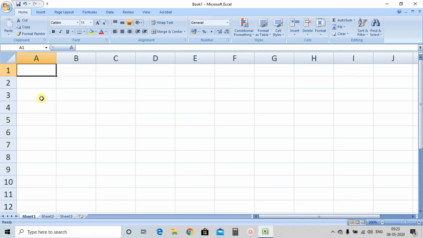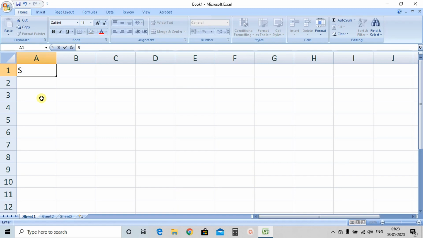Now when we have to use a form, we need to create the heading first. We cannot directly use a form to enter the data, but first we will create the column headings in which we have to enter the data. So let's create the column heading.